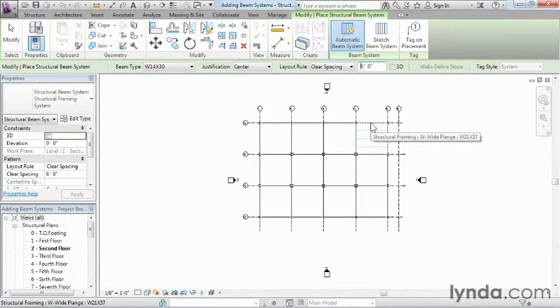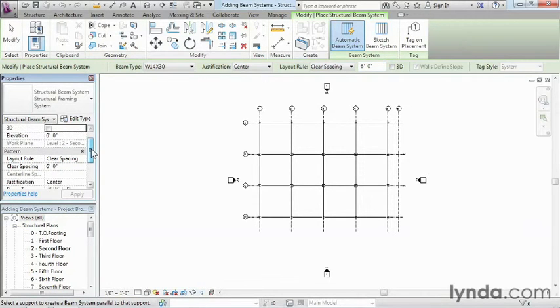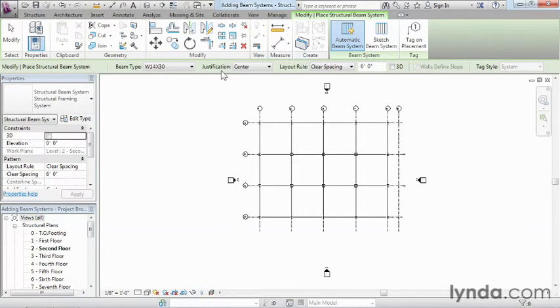And then by moving the mouse back down again, you can see that there are dashed lines in there indicating where those beams are going to get placed. Also, before I click in there, I'll go ahead and point out the fact that I could change all that information as well underneath the properties over here. So you can either choose it here, or else you can choose up here in order to be able to make your changes. All that being said, we have everything set up the way that we want.